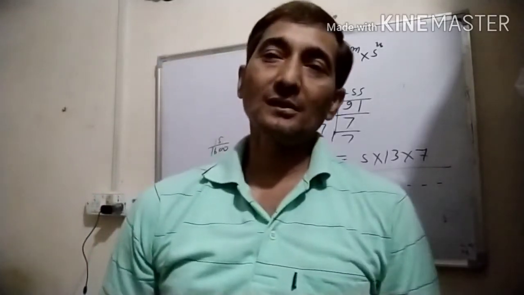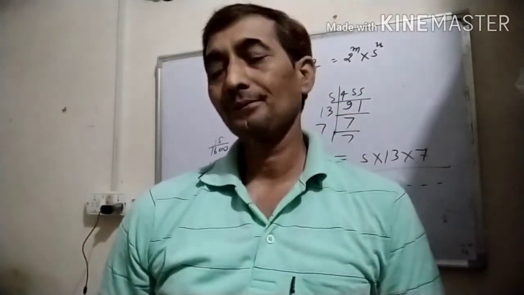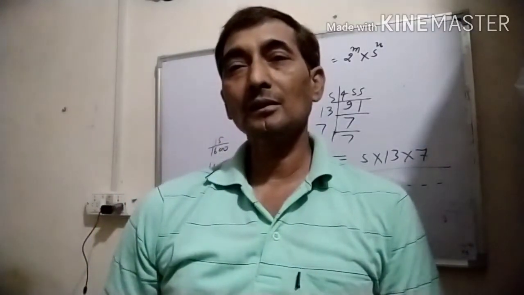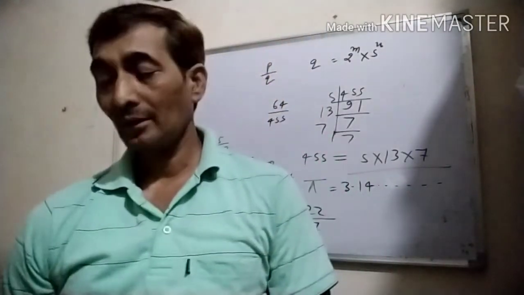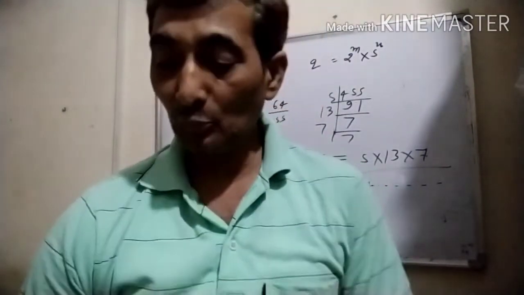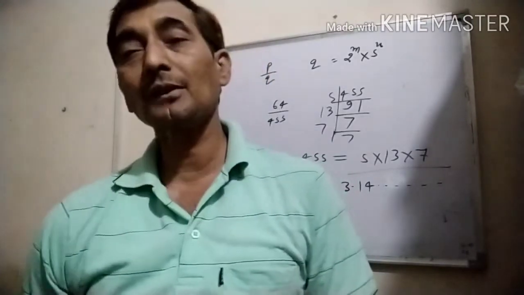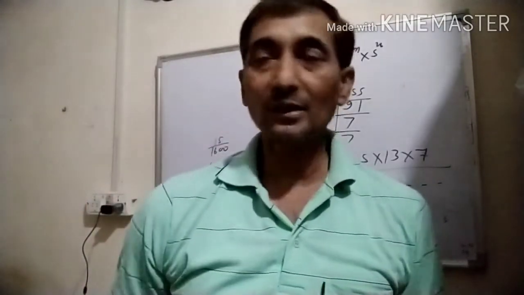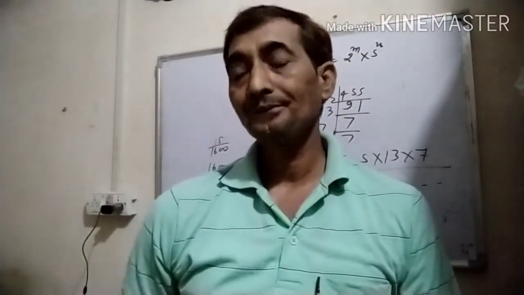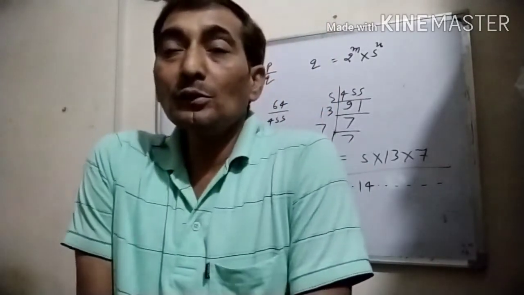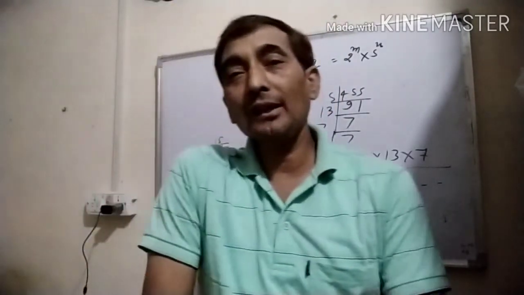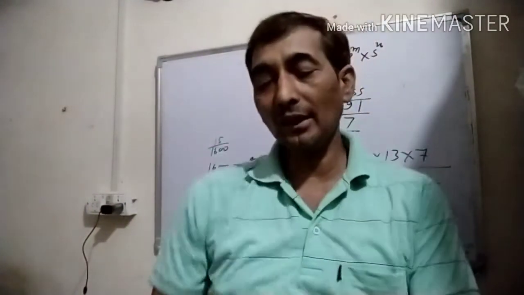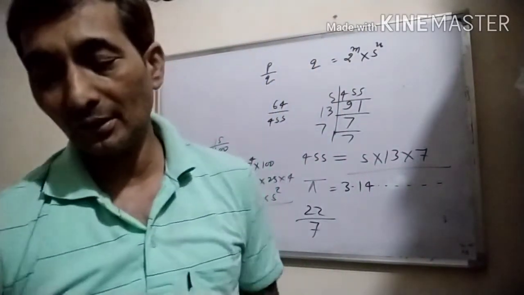I have studied about the irrational numbers. How can we prove a number to be an irrational number? Just like root of 2, root of 3, 2 plus root 2. But today I am going to explain what is the decimal expansion of a rational number. Decimal expansion of a rational number.